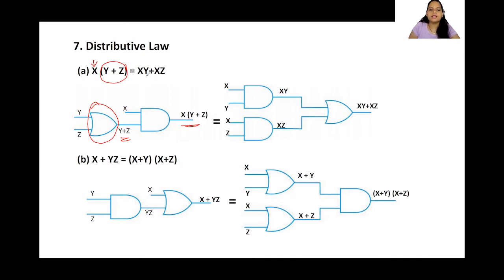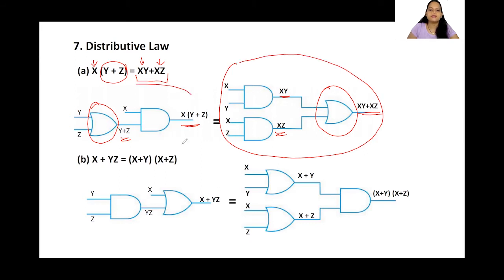Now, what is on the right hand side? xy plus xz. So first I need to do AND of this, and finally I will do OR of this. Okay, so AND of xy, I'm getting x AND y. And of xz, I'm getting x AND z. Now these two outputs, whatever I got from these two AND operators, I'm giving as an input to this OR operator. Hence, I will get this output, which is nothing but xy OR xz. Okay, so according to this law, this entire thing is similar to this one, which is they both are equal, is what this distributive law is saying.